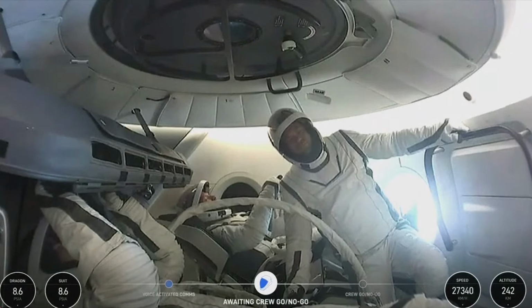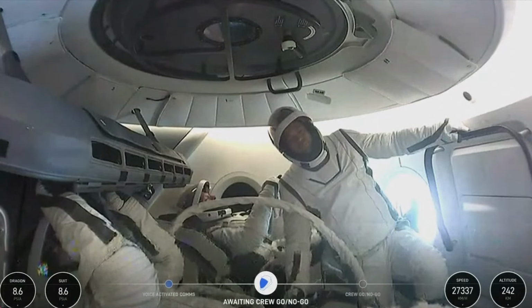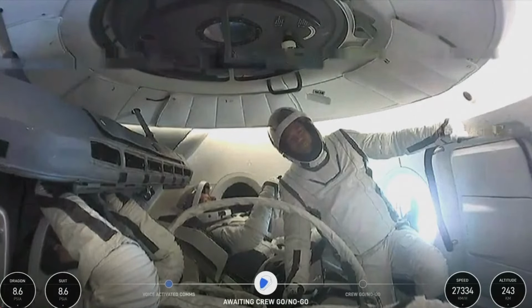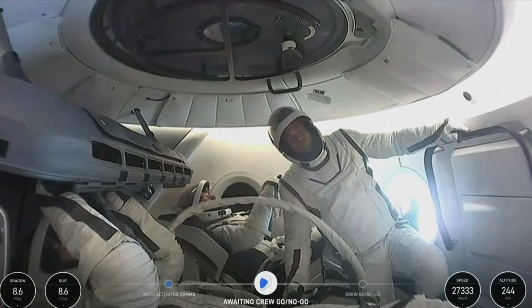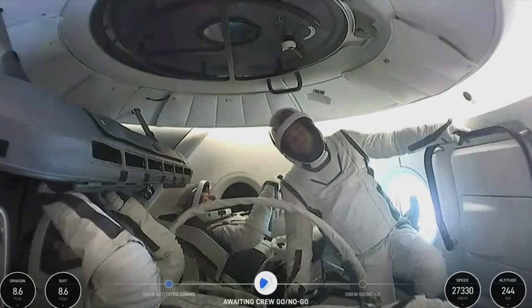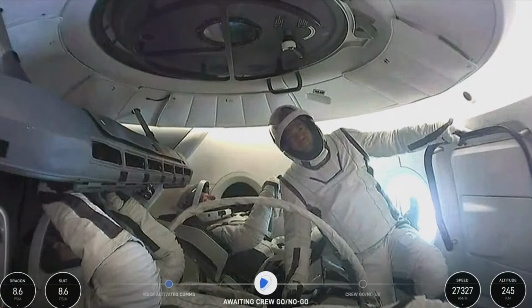I love how everyone looks so calm and collected right now. I think that's a great visualization of just all the extensive training that they've gone through to get to this point. This has been years in the making. I'm sure they're excited, but everyone's focused. It is an interesting time right now, right? Because one of the hardest parts I always found about